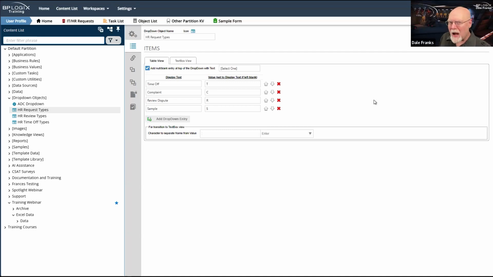Generally, this is for static lists. Dropdowns are great for small, short lists of items that are not going to change much. Right, so maybe a list of states. That doesn't change much. It hasn't changed since 1959, I don't believe. So it's great for that. But if your data changes over time, new items come in, it becomes a little harder to handle.